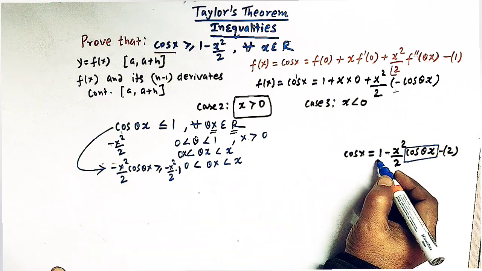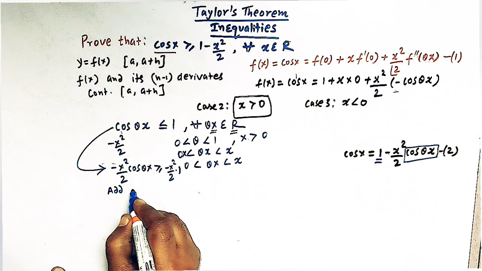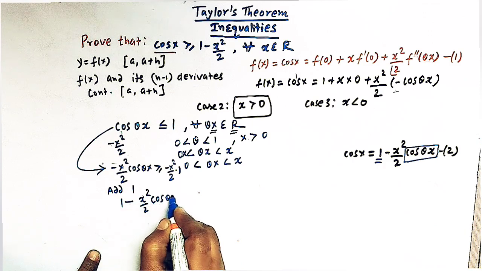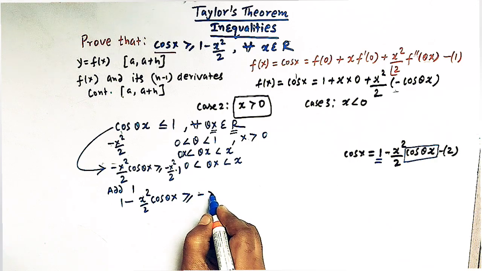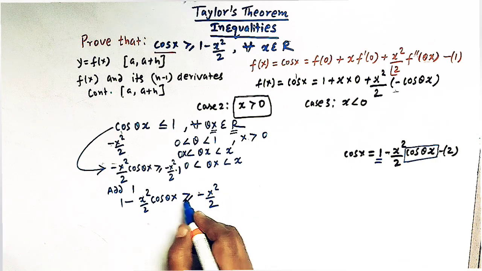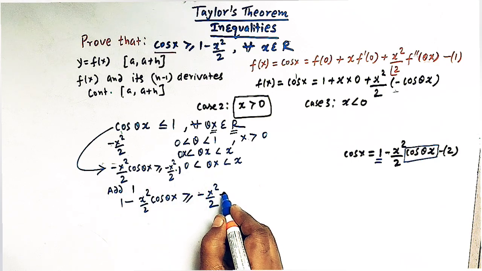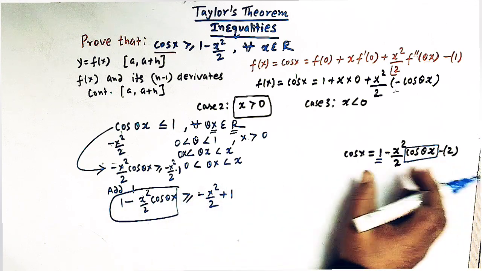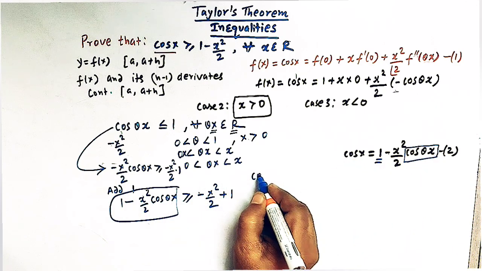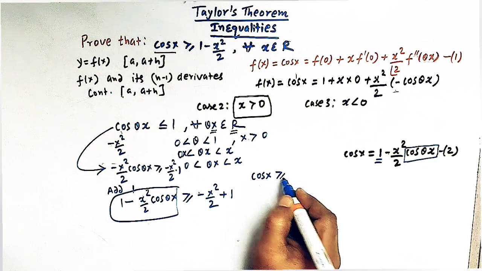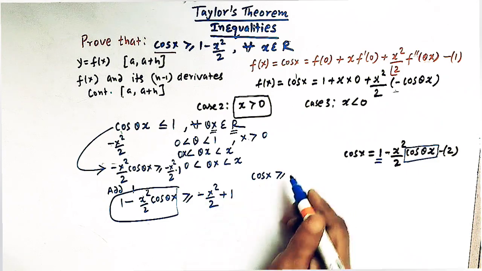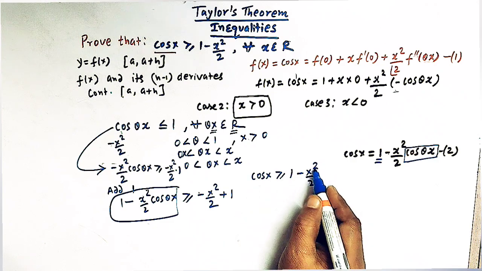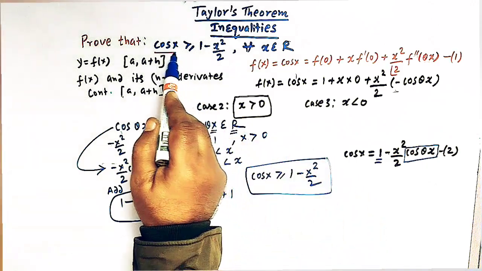Okay, so now let us add 1 to both sides. So we have 1 minus x square over 2 cos of theta x, and here greater than or equal to minus x square over 2, right? And since we are adding 1 to both sides, so here we have plus 1, right? And this expression is equal to cos of x. So we can now write cos of x is greater than or equal to 1 minus x square by 2,